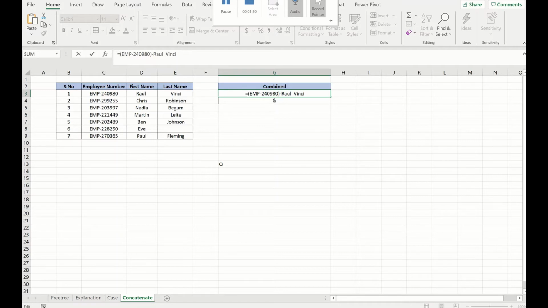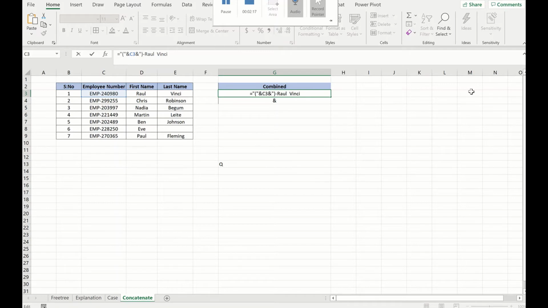So there's an open bracket here, which is a special character, so you put that inside double quotes, and then you put an ampersand, and EMP, the employee number, you reference it, and because you referenced it, you can delete the EMP. The closed bracket is again a special character, so you put an ampersand to add, and then again double quotes.